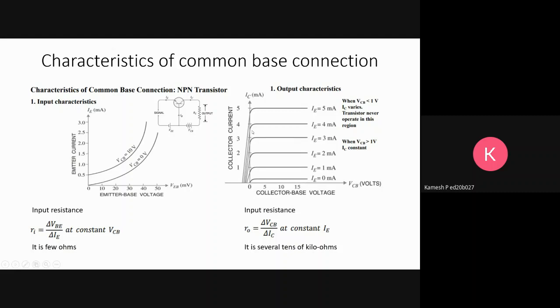Similarly, in the output characteristics between the collector current and collector base voltage, there is a lot of increase in the current value with respect to voltage, then it becomes stable and forms a single line. As IE increases, you can see that the value of IC also increases with respect to collector base voltage. So when VCB is greater than 1, as you can see here,